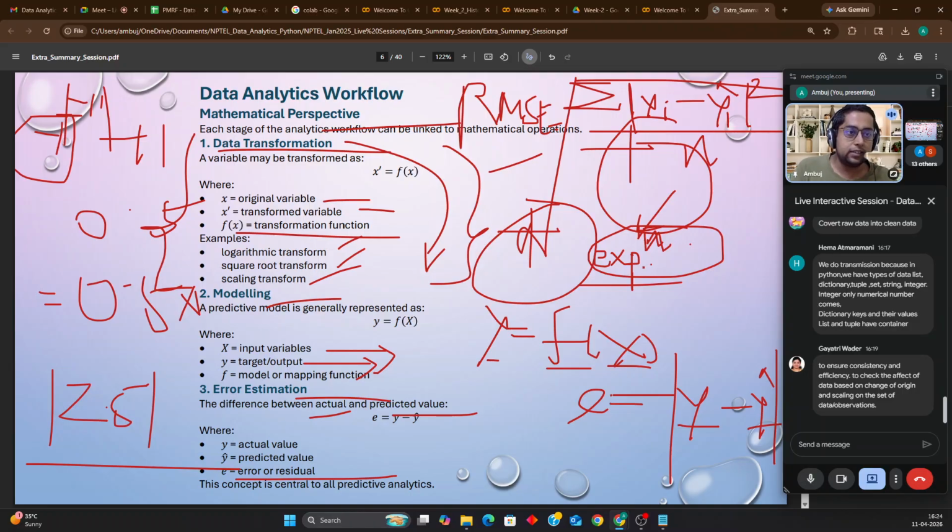So if I teach in that format, then that will be equal for both of us. I will also tell one line in short form. Like here, if I want to say each stage of analytics workflow can be linked to mathematical operations, I will write each stage, then afterwards I will make an arrow. And then I will write math, and operations I will write OP, and then above it I will place the subscript S, OPS. Now you understand. So that is what I am planning to implement.